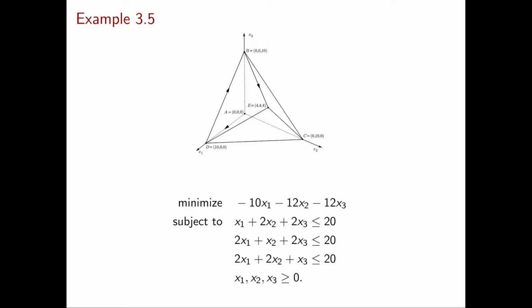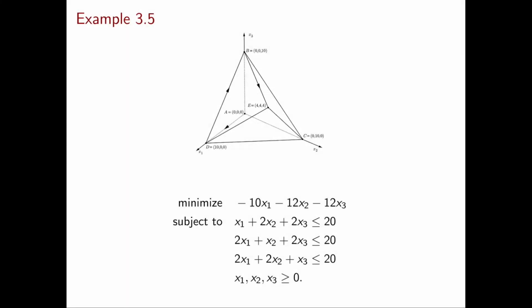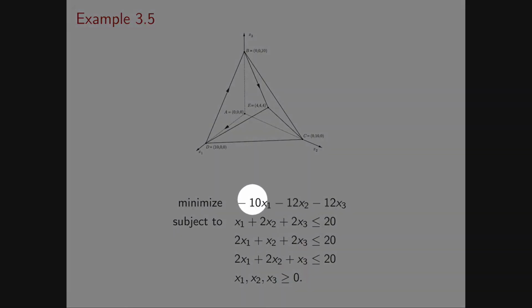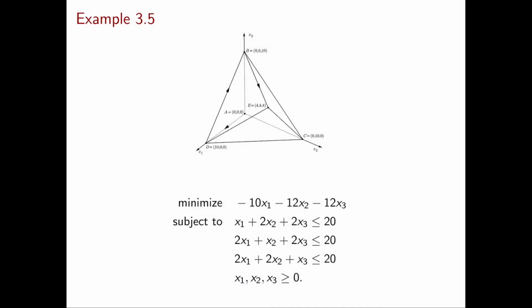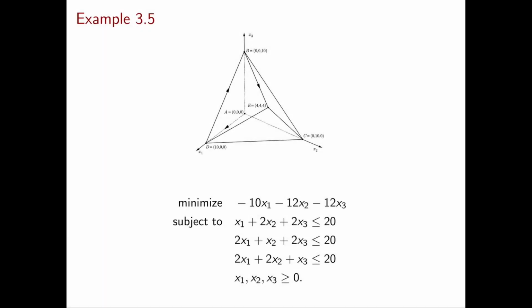In particular, we're able to understand that the vertices of this polyhedron are the origin, then the three vectors (10, 0, 0), (0, 10, 0), and (0, 0, 10), and finally the vertex (4, 4, 4). By visualizing the objective function as well, it's easy to guess that the optimal solution is the vector (4, 4, 4). Now in this example, we will fully solve this linear programming problem using the full tableau implementation.